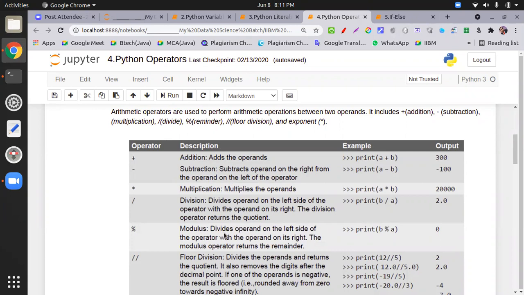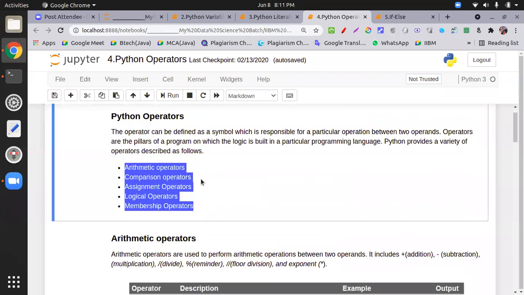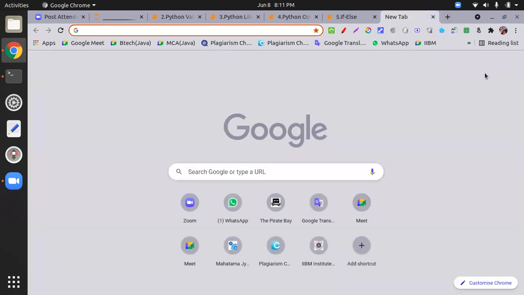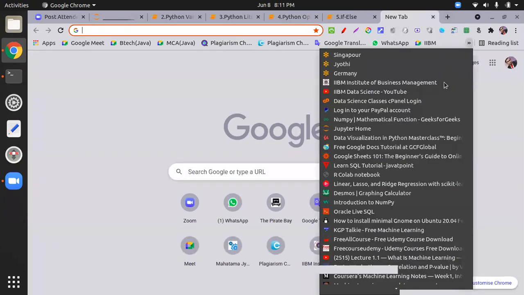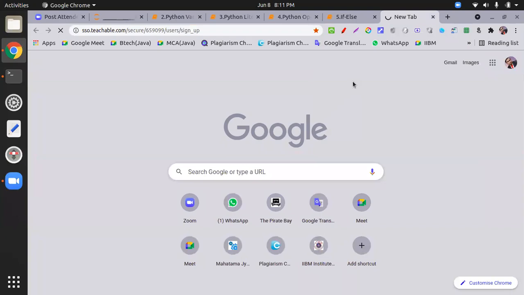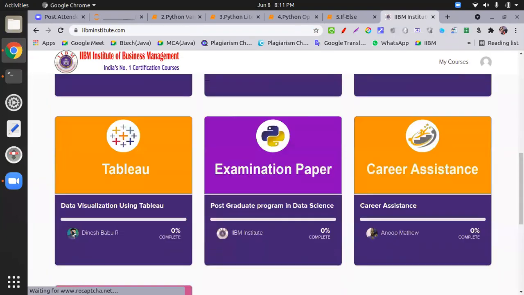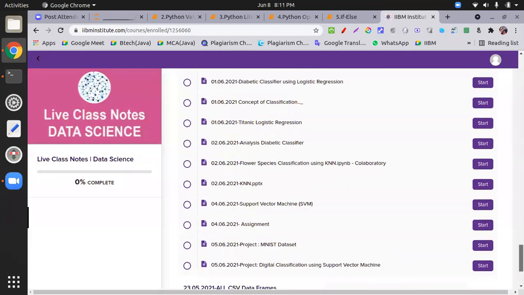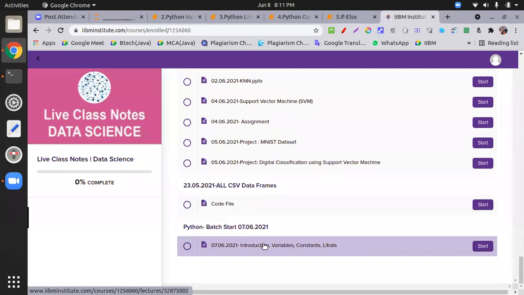One question, can we get all these notes? Yeah, I am posting all these notes. I posted this yesterday on the LMS. If you go to the LMS, you get the ready-made notes with the code for Python.